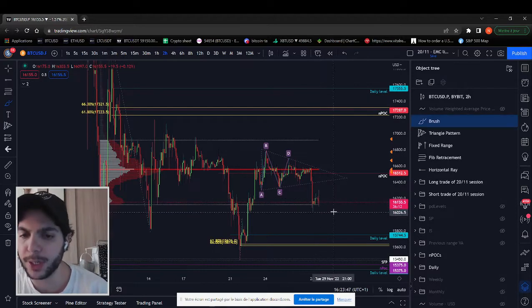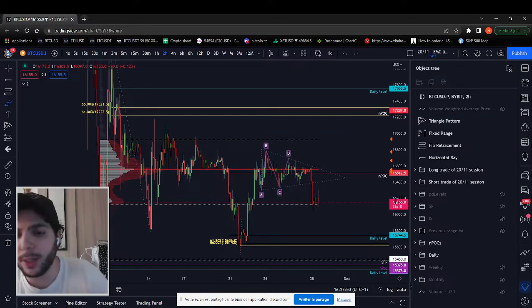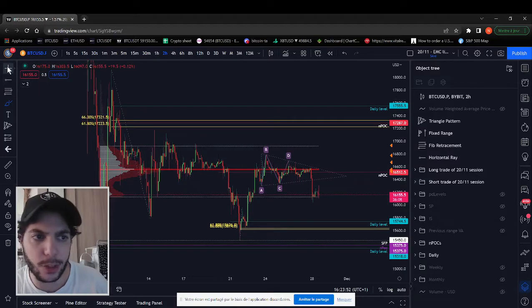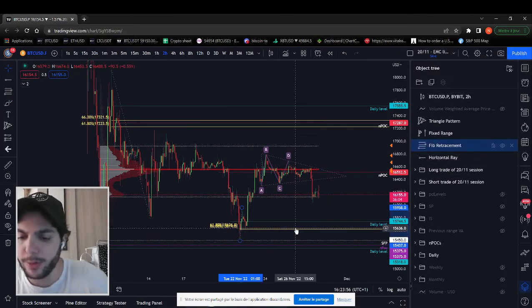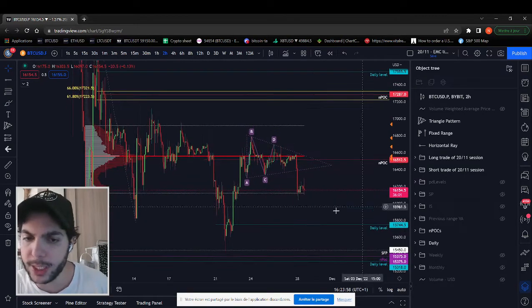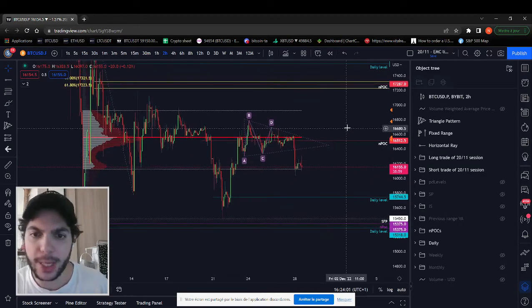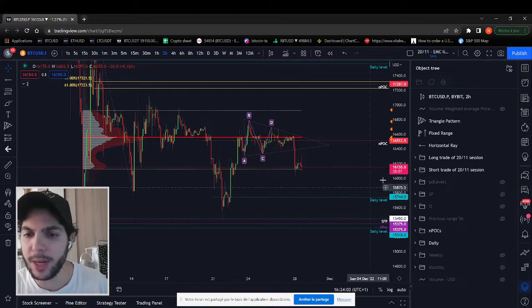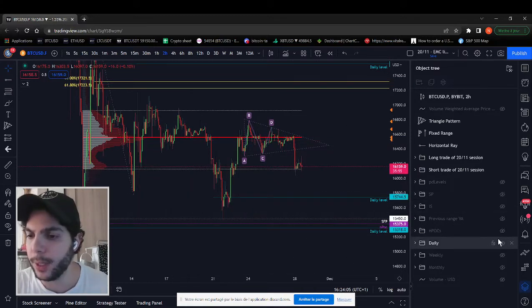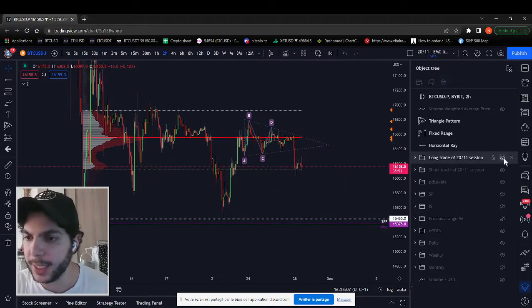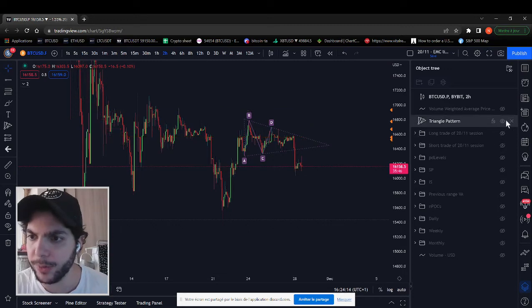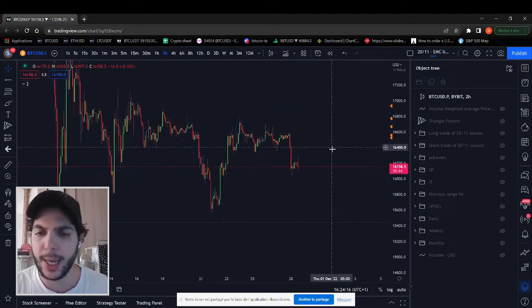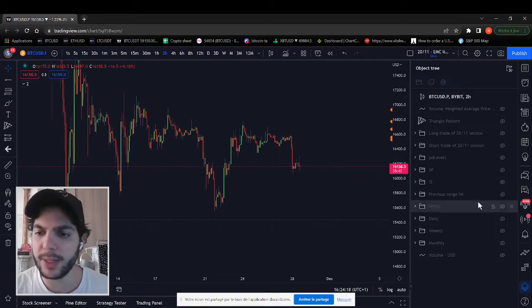Maybe this support is going to get broken through, and if it does, well, we're prepared. We know where to trade next. We know that this level is still a very interesting level of support, and we should treat it as such. In addition to that, we have some new levels. So what I suggest now, because this is what we usually do, is that we close all that. We're going to keep the trades just because they're interesting trades, remove the triangle pattern, and see what the new levels are